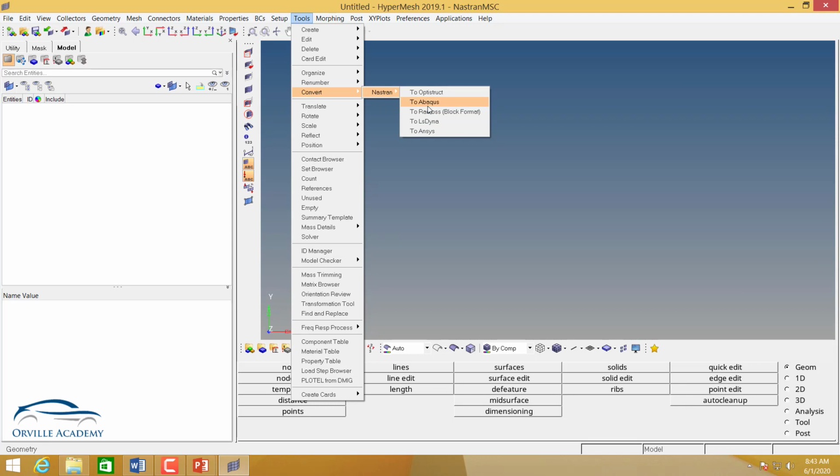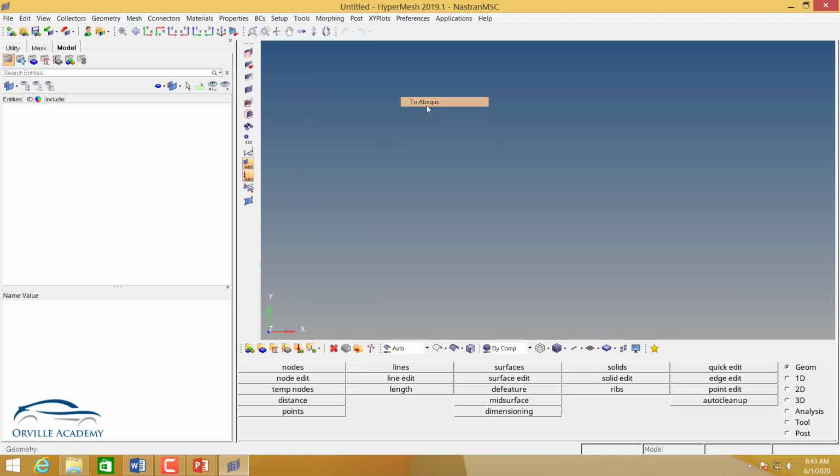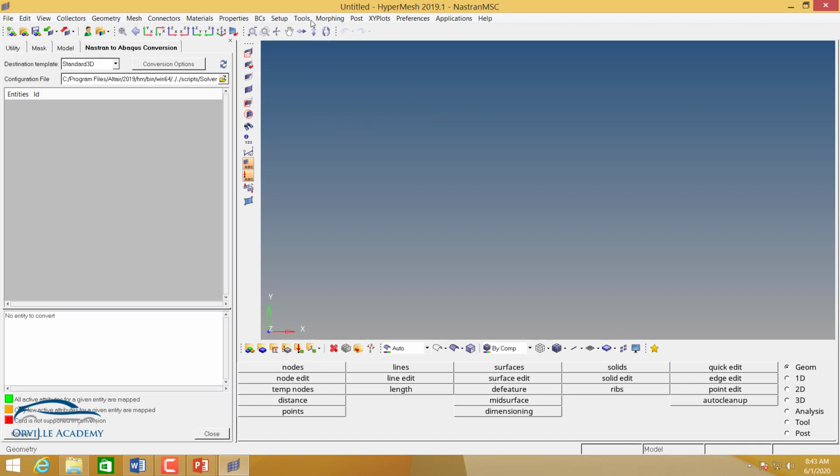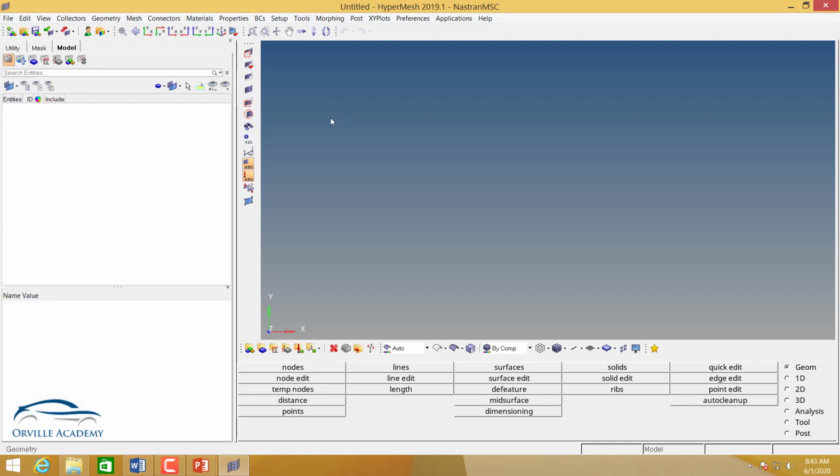For example, let me set it back to Abaqus. So I can change it to Abaqus. What this will basically do is, whatever you have created using ANSYS as your user profile, it will turn back into Abaqus only. Now let me close this. So this is our basic GUI.